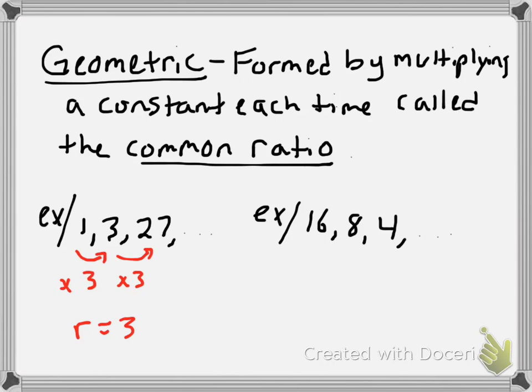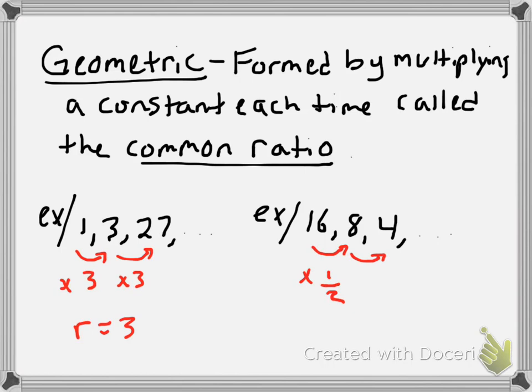Our next set, to go from a 16 to an 8, or an 8 to a 4, again, we're trying to figure out what we're multiplying by. Now, if you notice, our numbers are getting smaller, so it has to be a number between 0 and 1. So what we're doing is we're multiplying by 1/2, which again is the same thing as dividing by 2, but